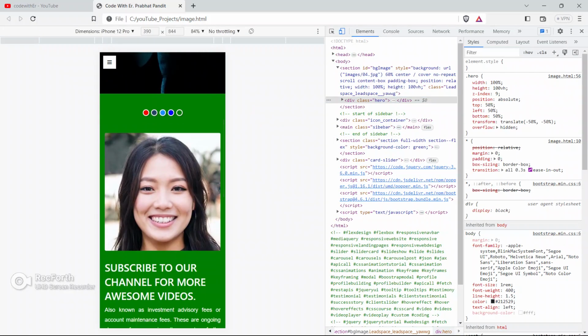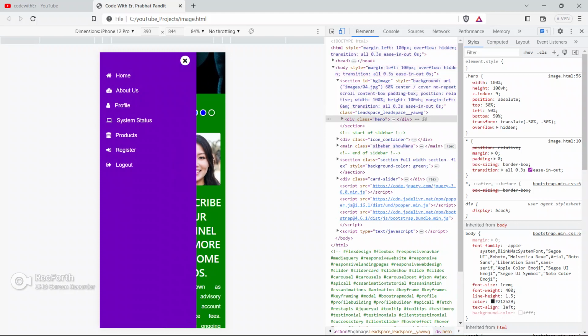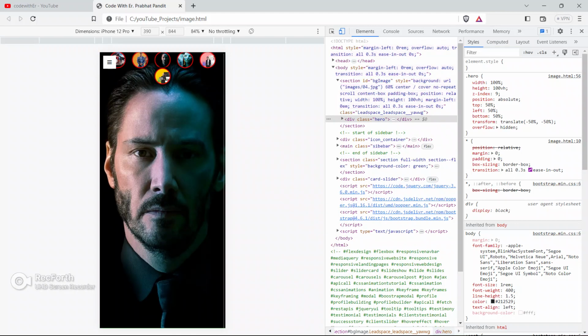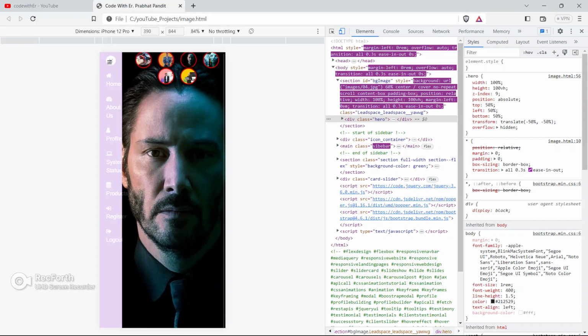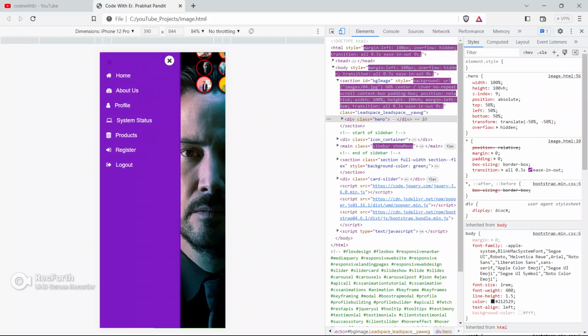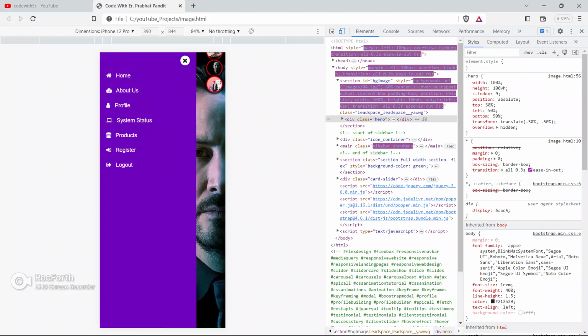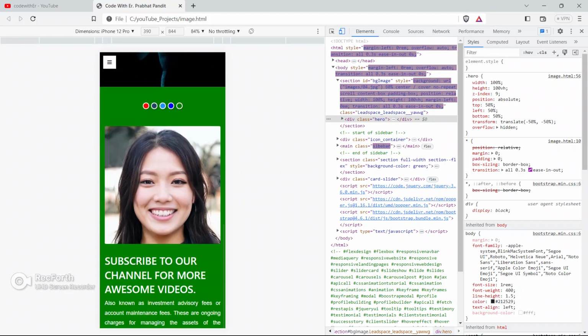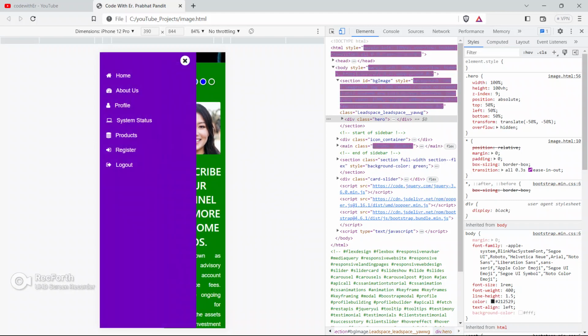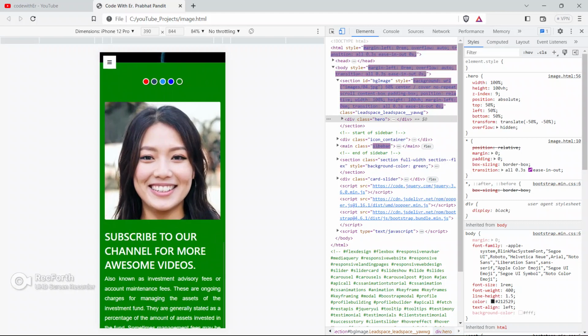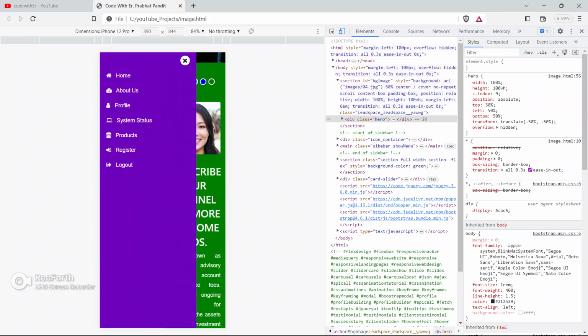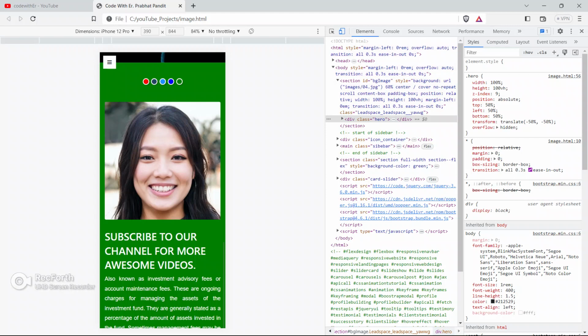It is fully responsive as well, guys. See, it is fully responsive as well. As you can see, awesome sliding animation, guys. See, it has got awesome sliding animation. Just see guys, it looks really standard and up to the mark.